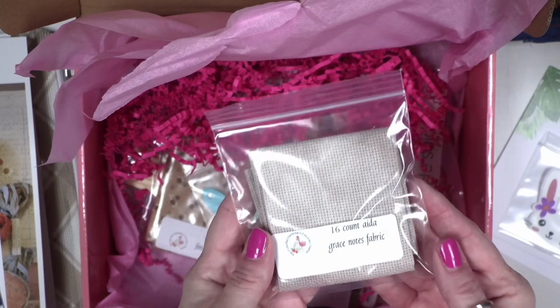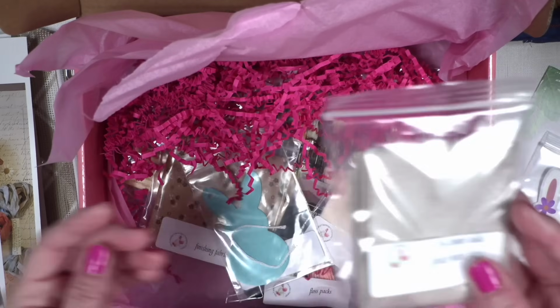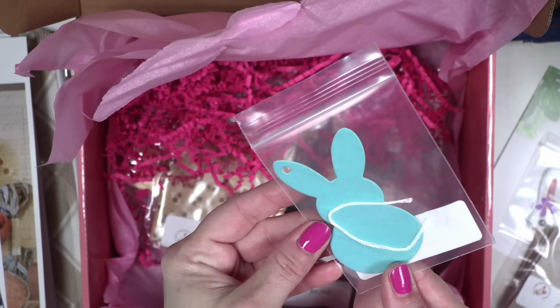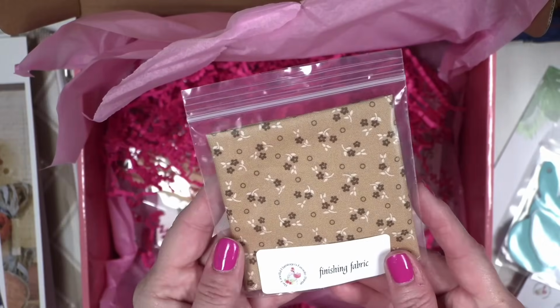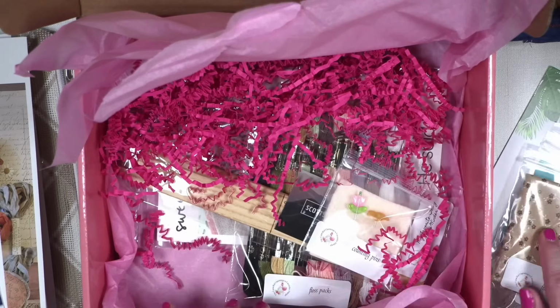You get a little piece of 16 count Grace Notes fabric. This is for the stitch. You get some cute little project bag tags in a bunny shape. How adorable is that? The finishing fabric, this is Lori Holt fabric, I'm almost positive, that goes on the back of the stitched piece,